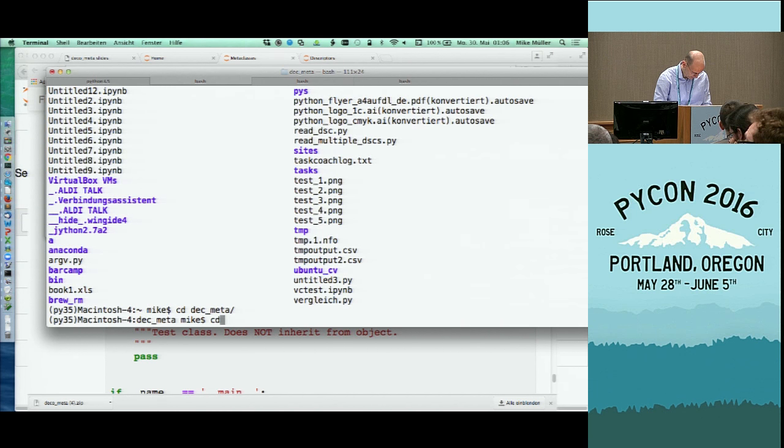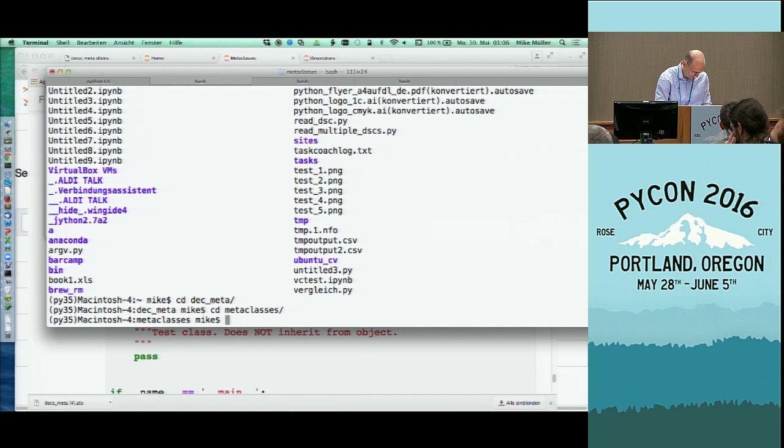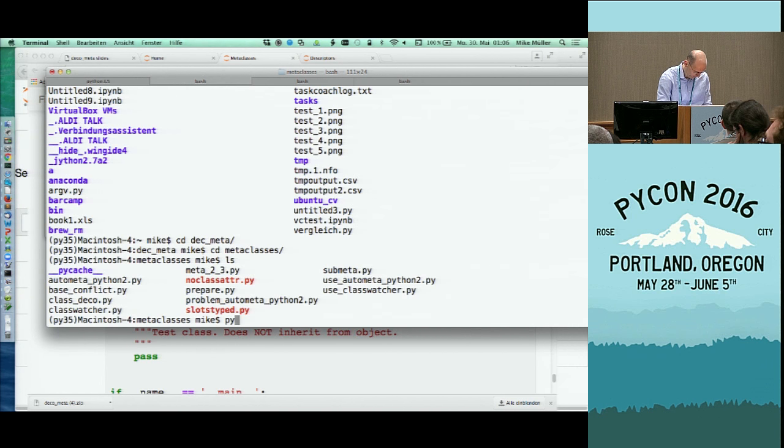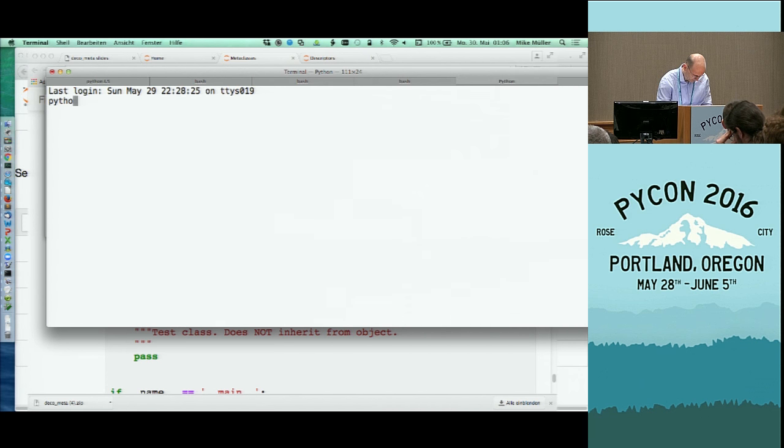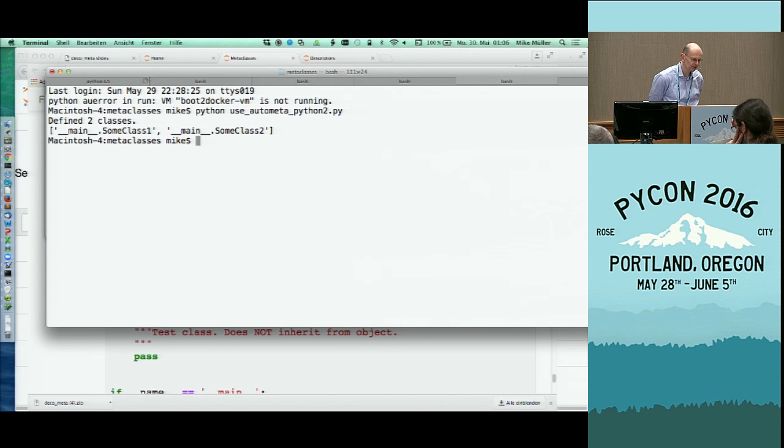If I go to metaclasses, and I have this use Python, use automata. Yeah, I'm in Python 3 here. I have to do this with Python 2 only. So if you do this, now I get 2 classes are defined, and I get actually the list of the